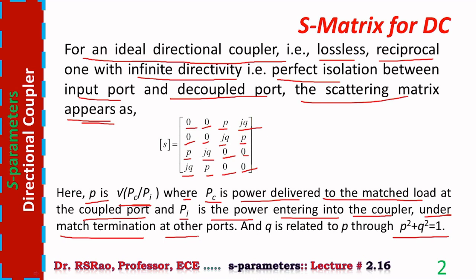The port which is by the side of the input port is decoupled port. The remaining port is called coupled port. Coupled port can also be defined as the port where the diverted wave or the sampled wave appears. Decoupled port is one which has perfect isolation from input port. With these few words regarding ports and their significance, now let us move to derive the S matrix of an